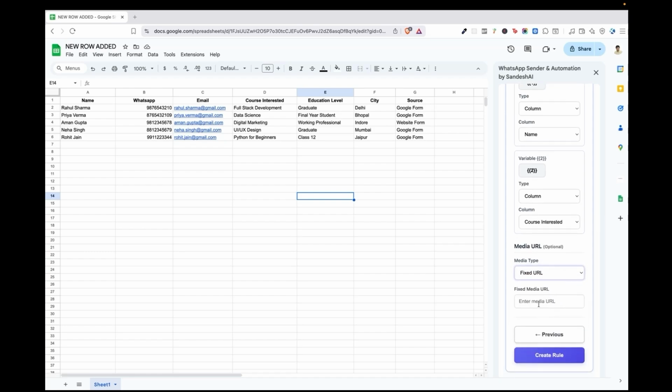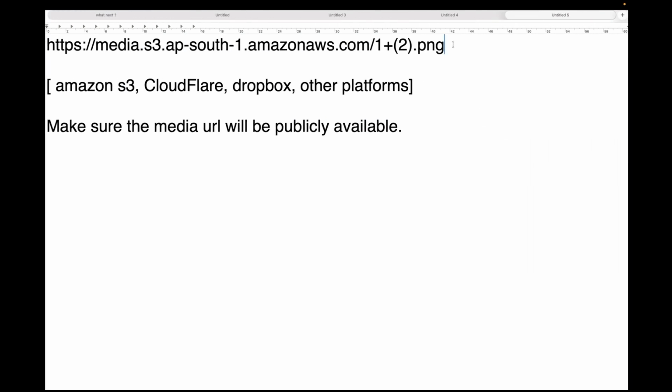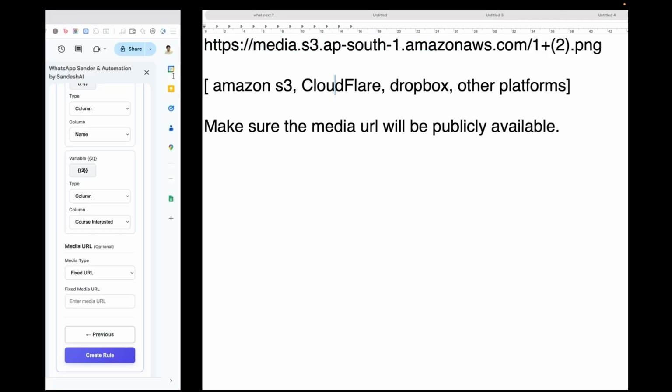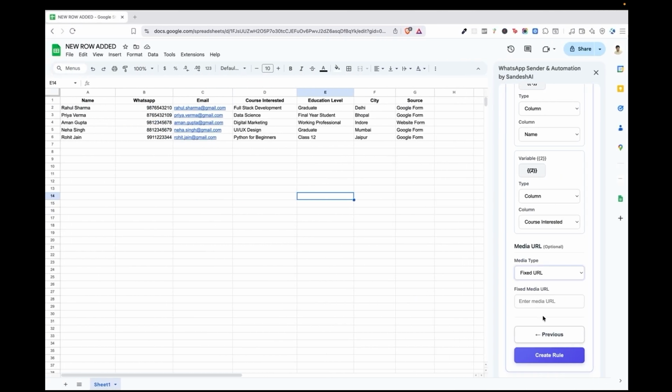Here you can put that media URL. So this is how our publicly accessible media URL looks like. You can generate this media URL either using Amazon S3, Cloudflare, or Dropbox or any other platform, but make sure this URL is publicly accessible. Since our template is text based, so we will skip this step.